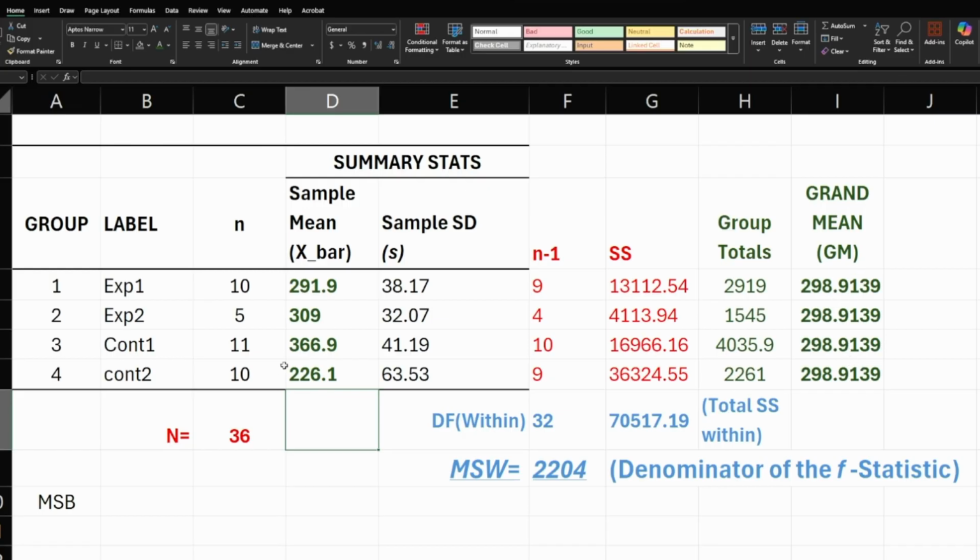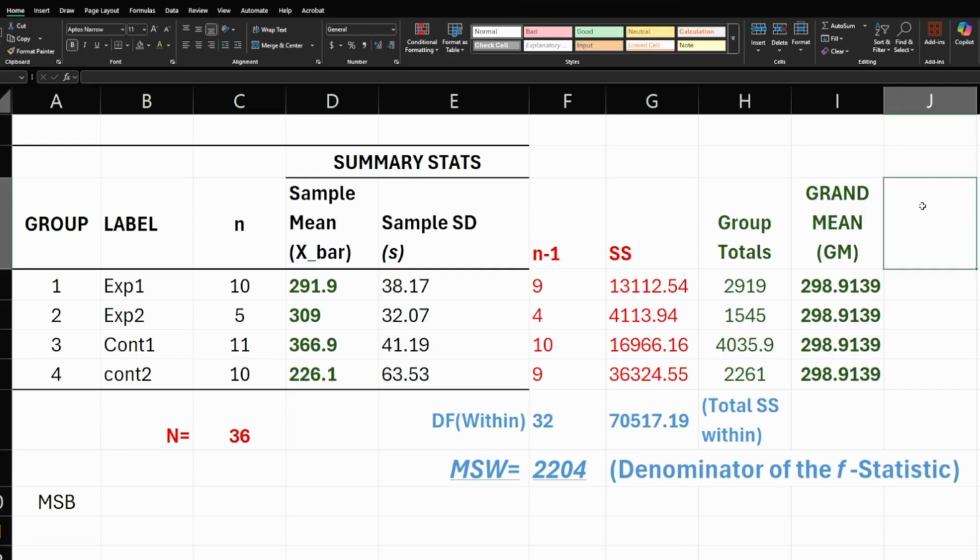So by comparing the group means to the grand means, by subtracting and then squaring, we get the sum of squares. And since we have 10 of them in this group, 5 of them in this group, 11 of them in this group, 10 of them in this group,